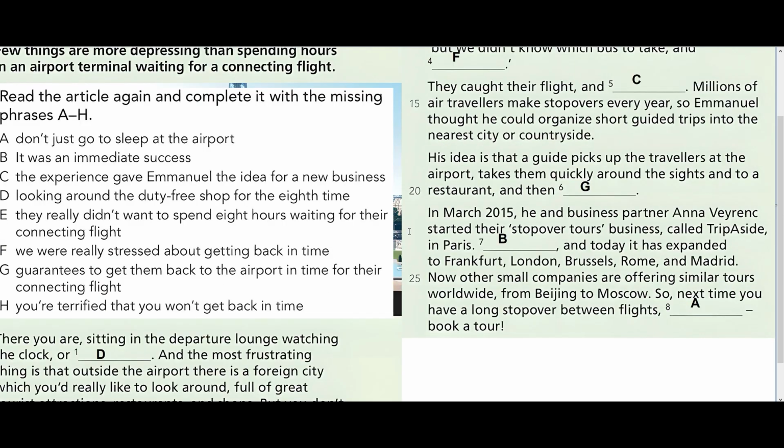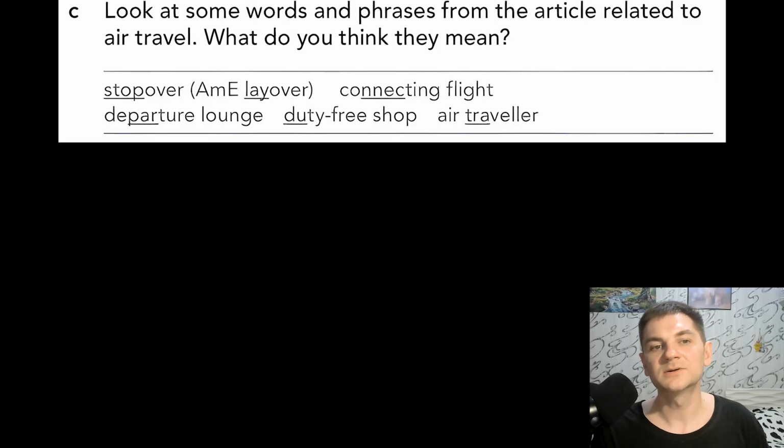Now let's move on. Part C. Look at some words and phrases from the article related to air travel. What do you think they mean? Stopover, American English layover, connecting flight, departure lounge, duty-free shop, air traveler.